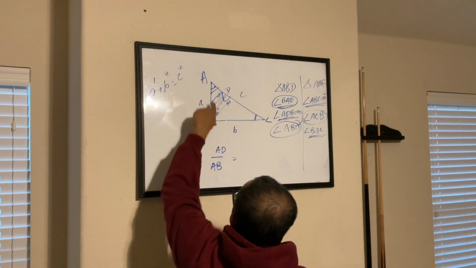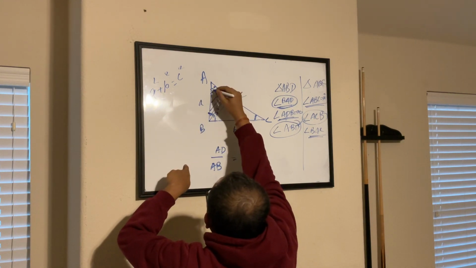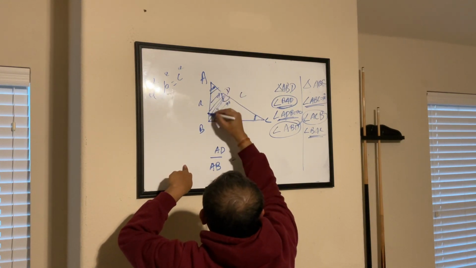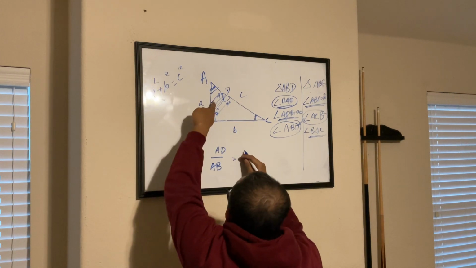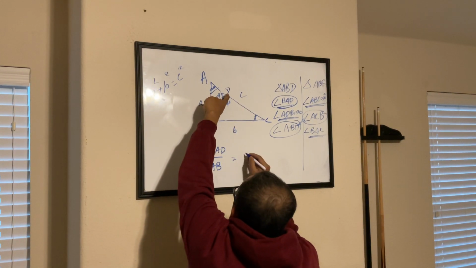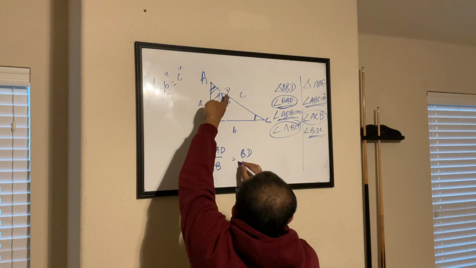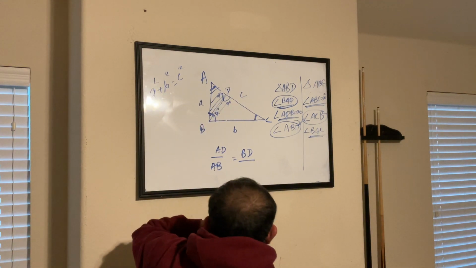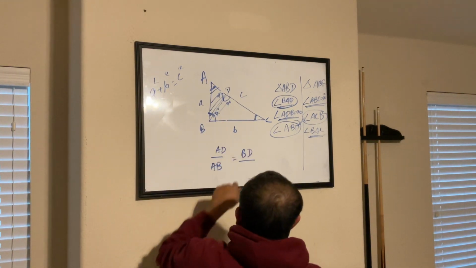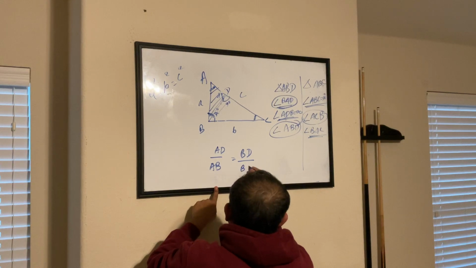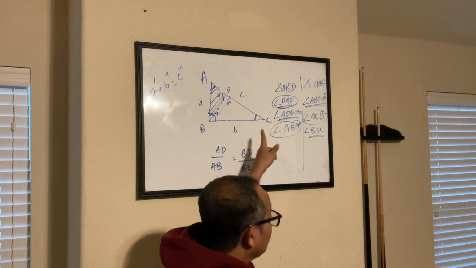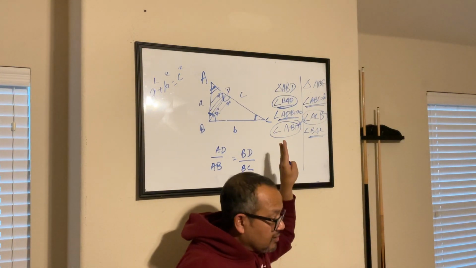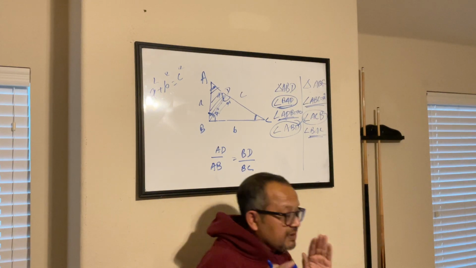So the side opposite to this in the small triangle is this one, BD, divided by BC. So again, you might be finding it a little complicated, but the simple thing is